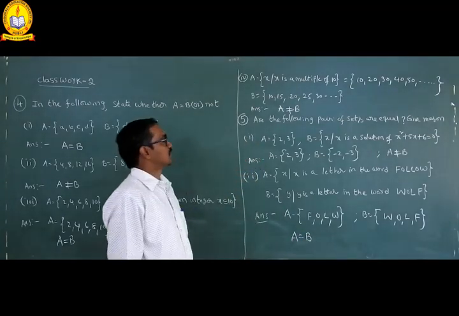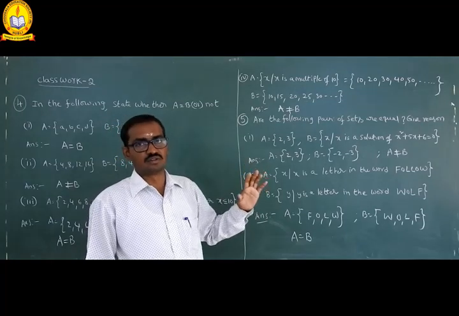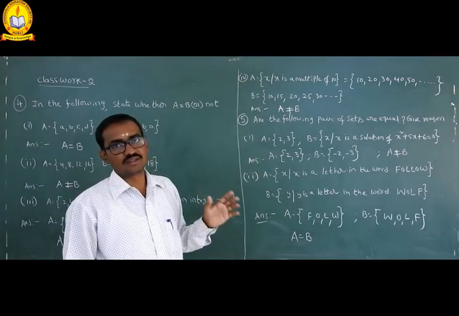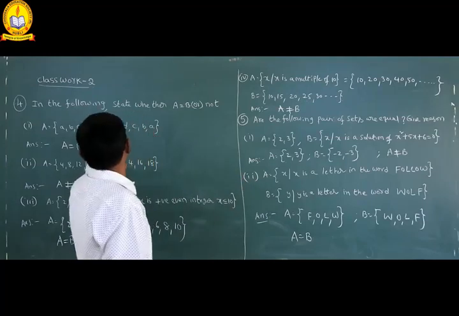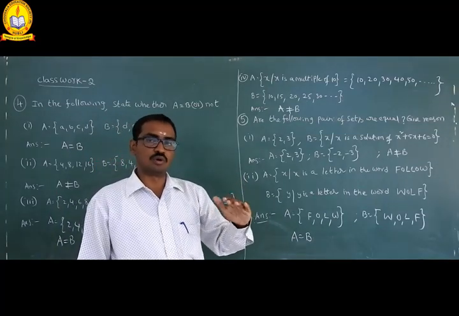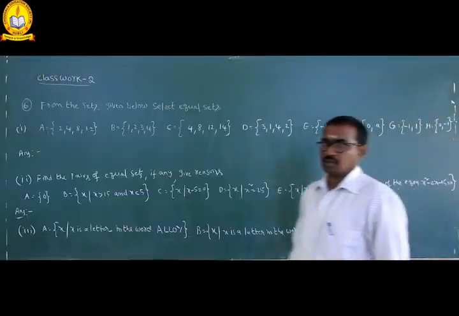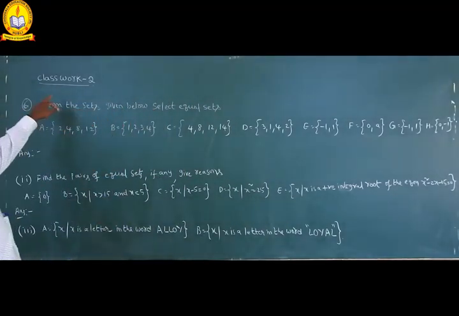Now I am going to explain the sixth main. In class 2, the sixth main is also there. In total there are 6 mains. Yesterday I explained the first 3 mains, and the remaining are the fourth main, this one is the fifth main, and next is the sixth main. Now I am going to explain the sixth main in class 2.